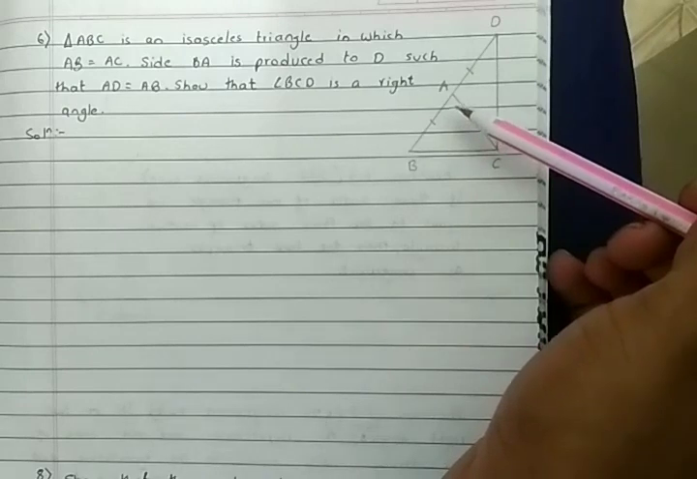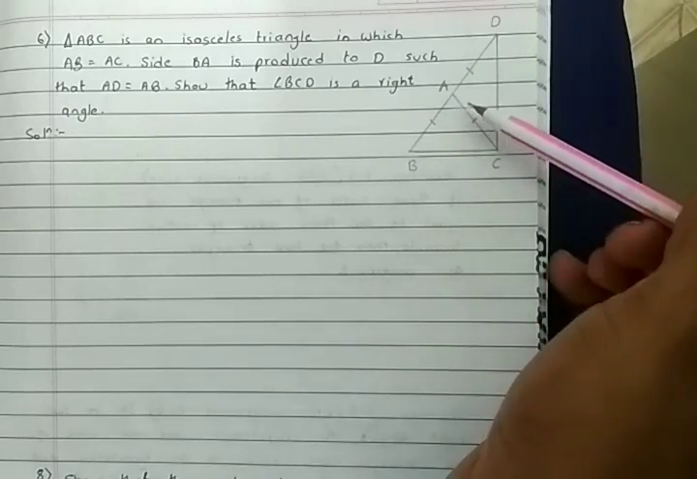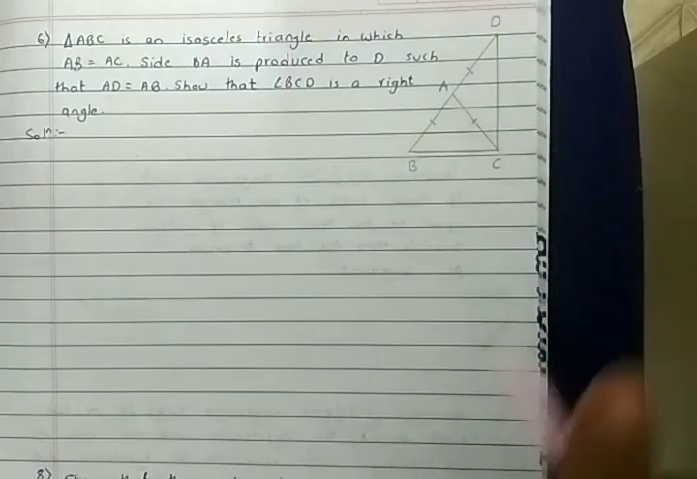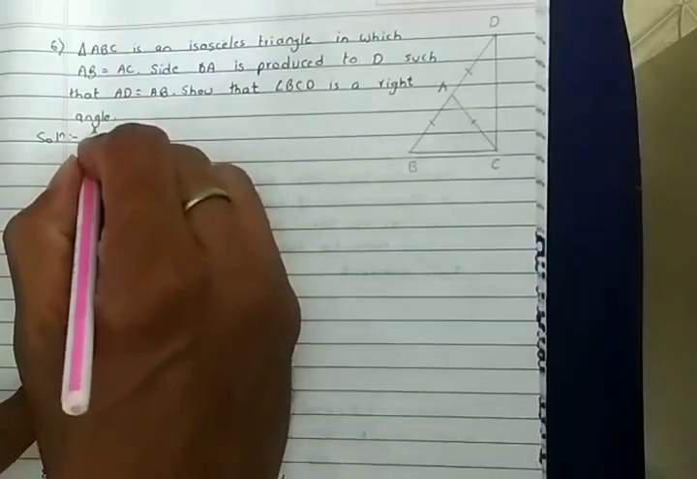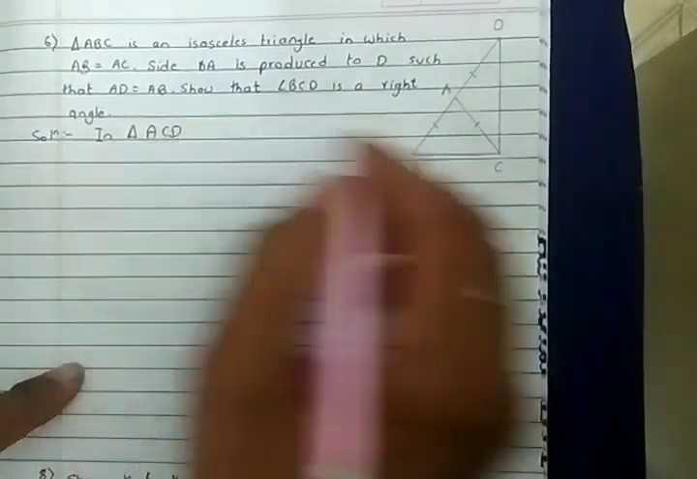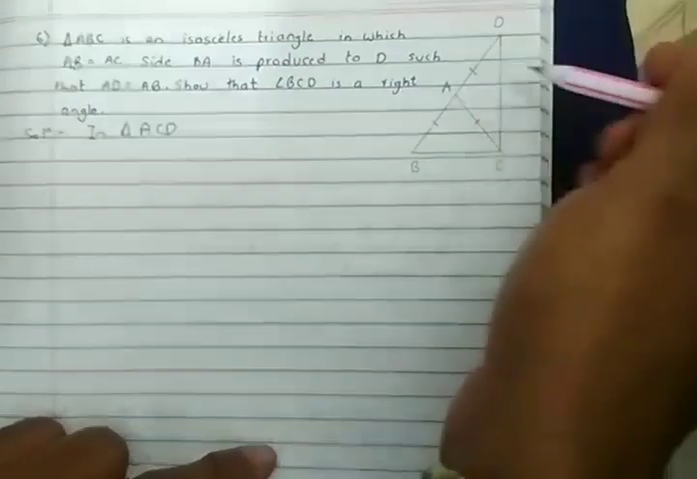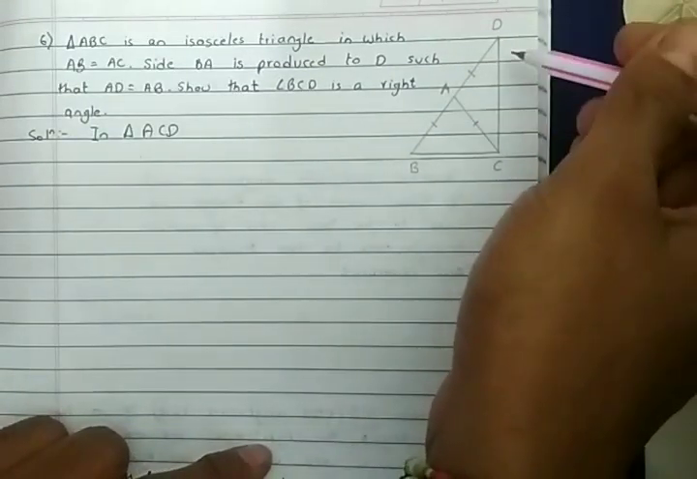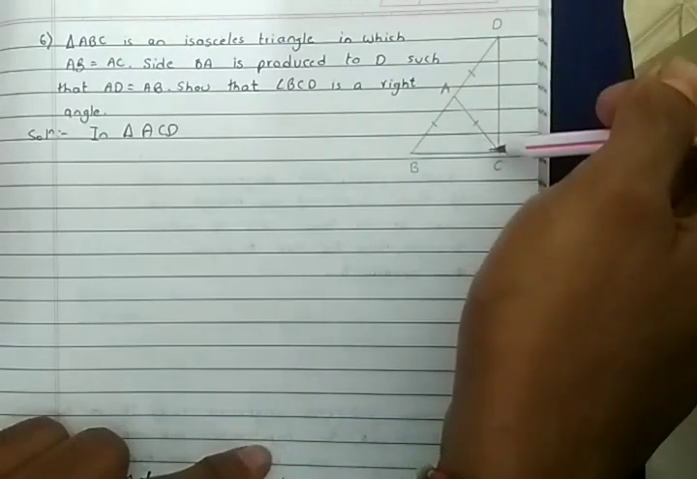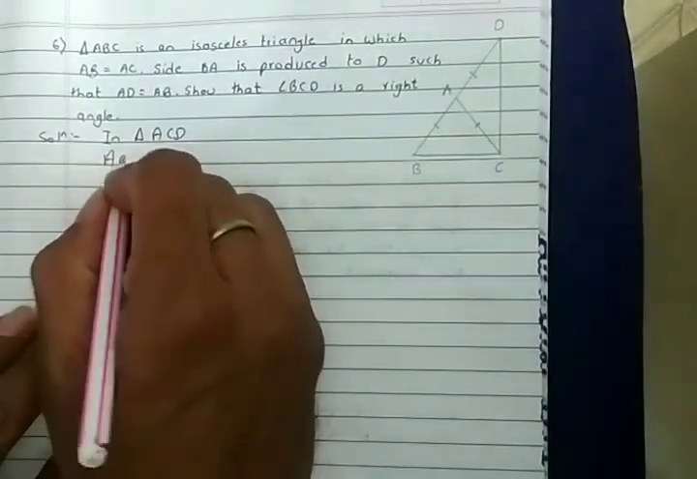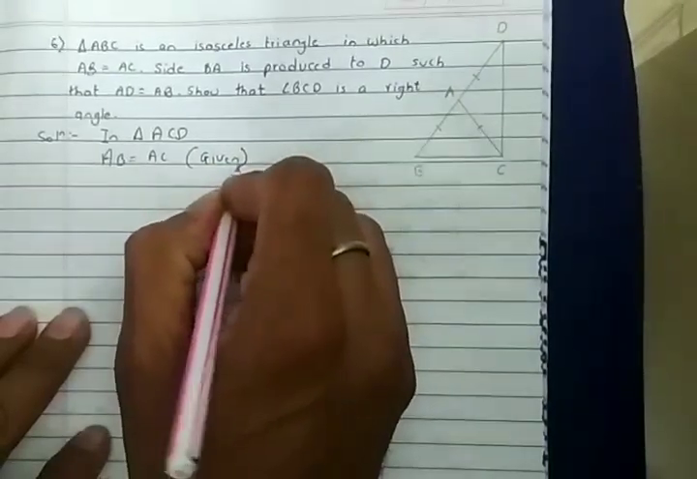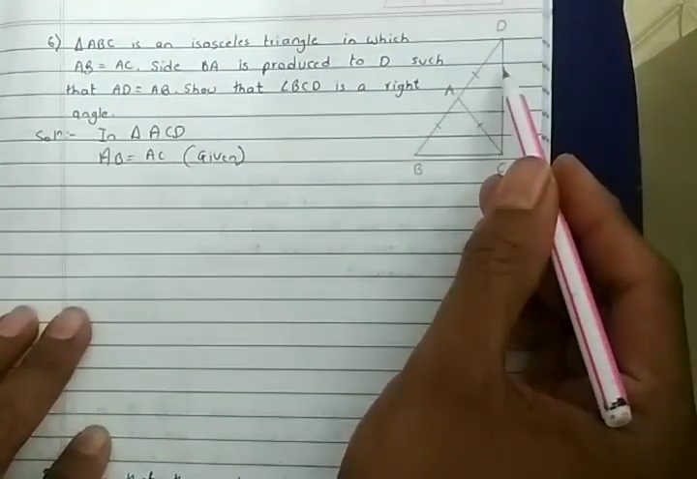Now it is asked that you have to prove BCD is a right angle triangle, right? So how will we start about it? First we will consider this triangle ACD, right? We will talk about this ACD in which AB is equal to AC is given. AB is equal to AC. This information is given. Now angle ACD